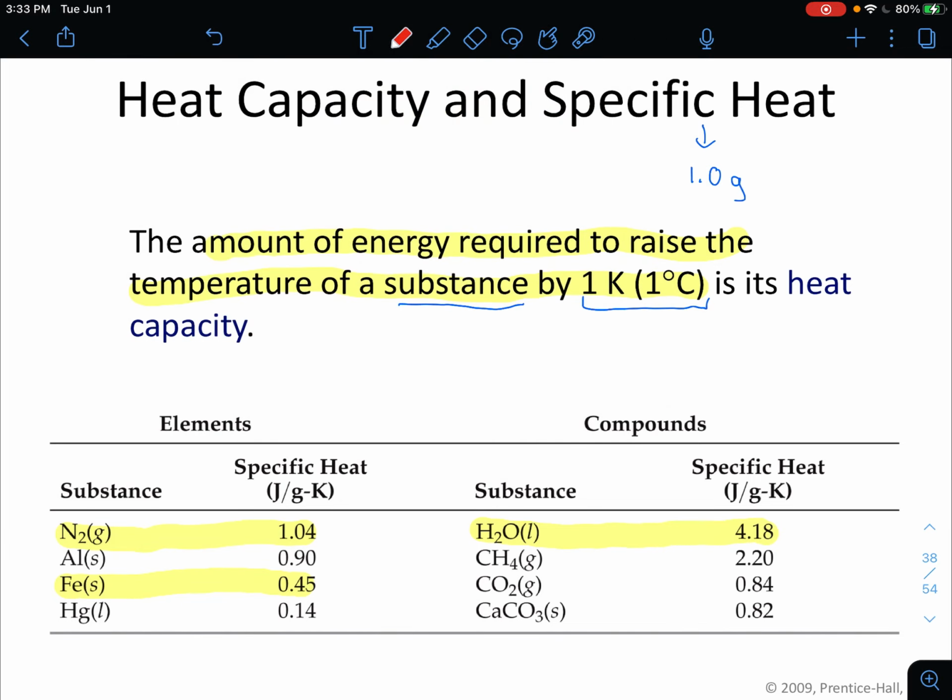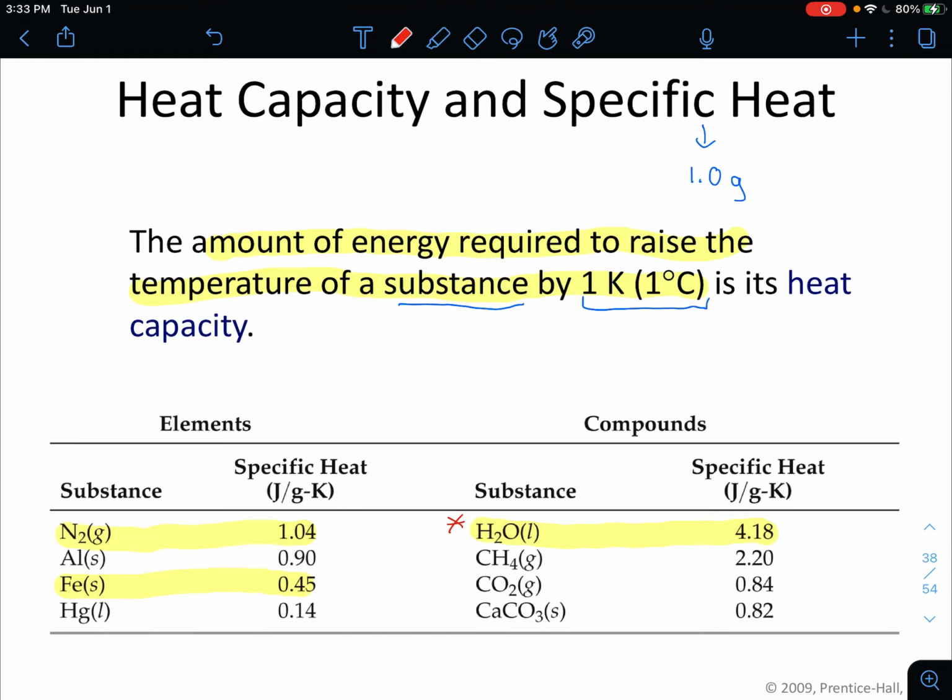So water has this relatively high specific heat. That should make sense, right? You need to input a whole lot of energy into liquid water to get it to its boiling point. That's because it has a relatively high specific heat capacity, whereas when we look at a metal like iron, it costs substantially less to heat it up. That would make sense, right? If I had left a cup of water in my car all day and it was hot, it would warm up a little bit, but if I had the metal seat belt in the sun all day, then it would heat up substantially more. So specific heat is what we're interested in because it relates the energy input to a temperature change for